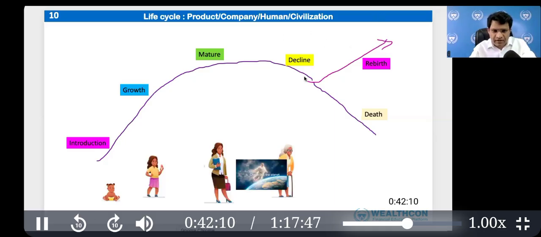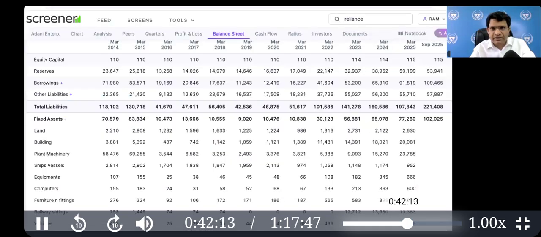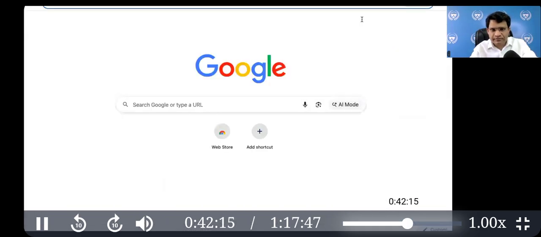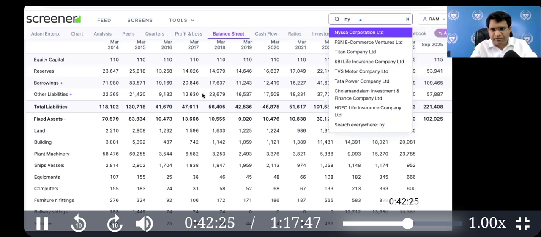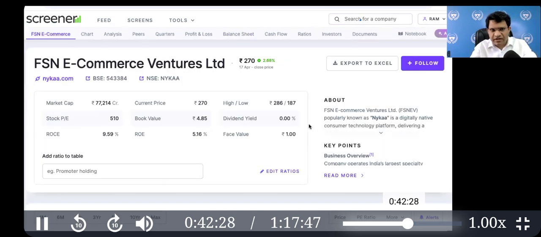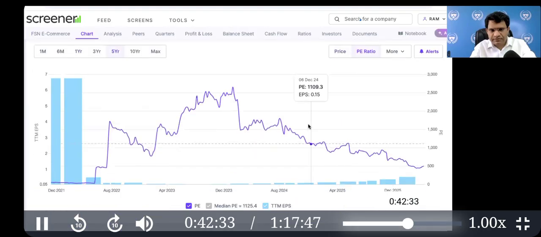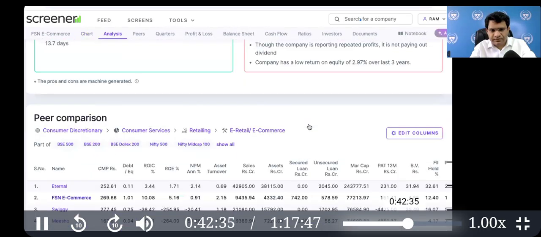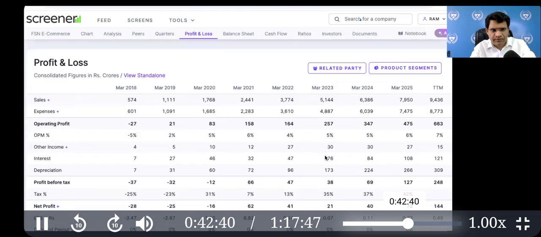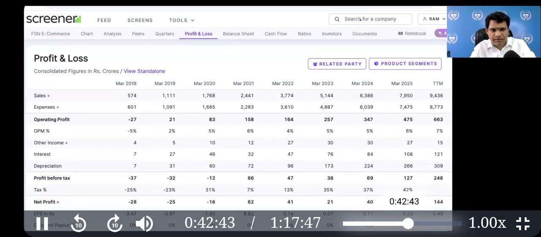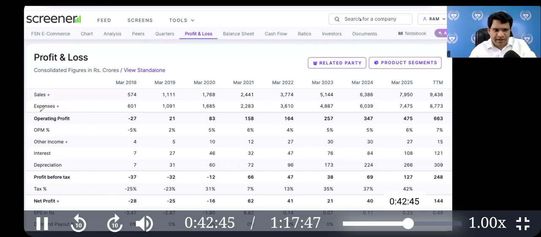Let's show Nykaa's example. If a company is paying dividend, in which stage of the company is this? GMD, growth mature. So this is the company. You see that